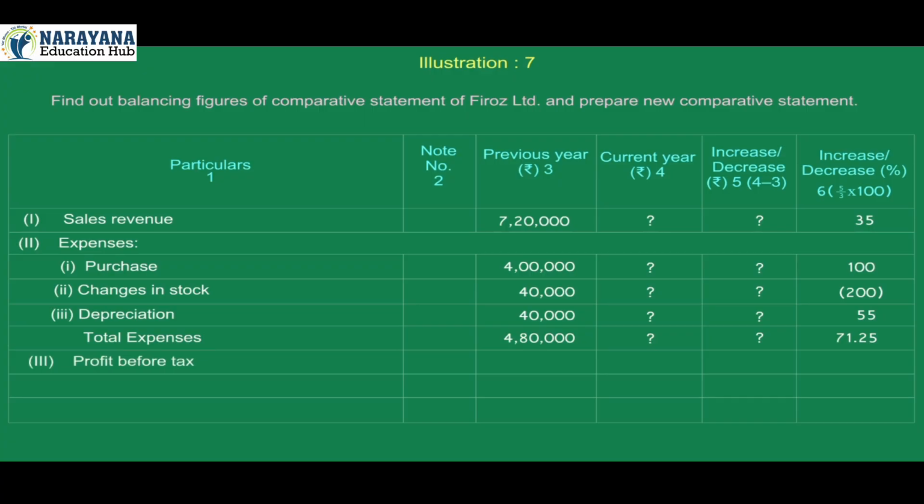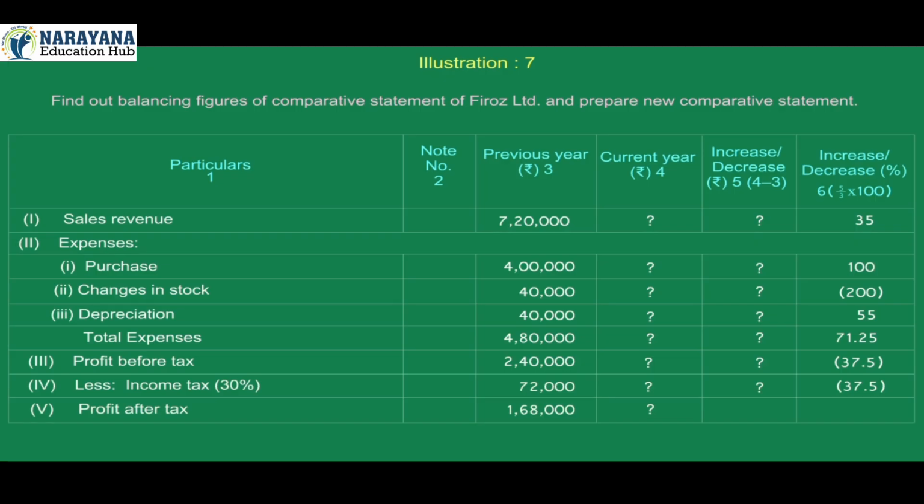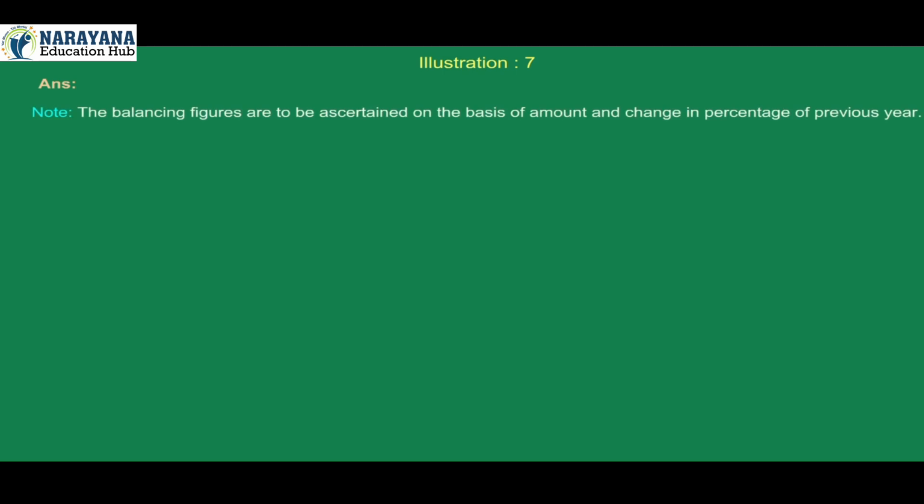3. Profit before tax 2,40,000, question mark, 37.5%. 4. Less income tax 30%, 72,000, question mark, 37.5%. 5. Profit after tax 1,68,000, question mark, 37.5%. Answer. Note, the balancing figures are to be ascertained on the basis of amount and change in percentage of